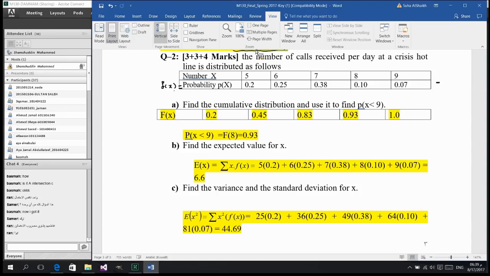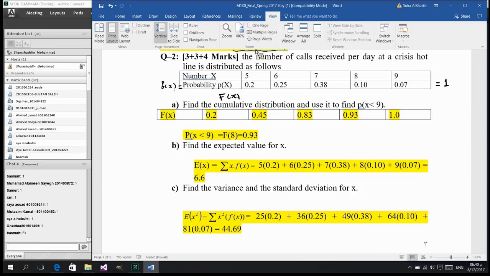Their sum needs to equal what? Do you remember? Their sum equals 1. Their sum should equal 1. Find me the cumulative distribution now and use it to find the probability x less than 9. The cumulative is capital F of x. Always put in your mind: